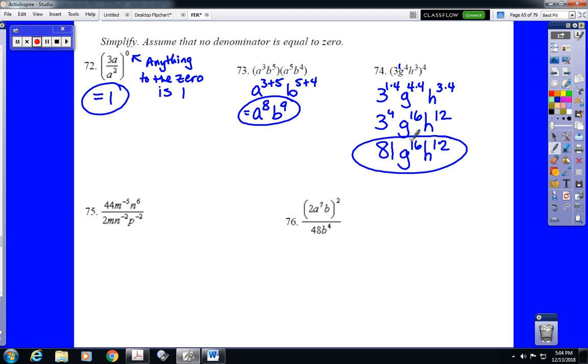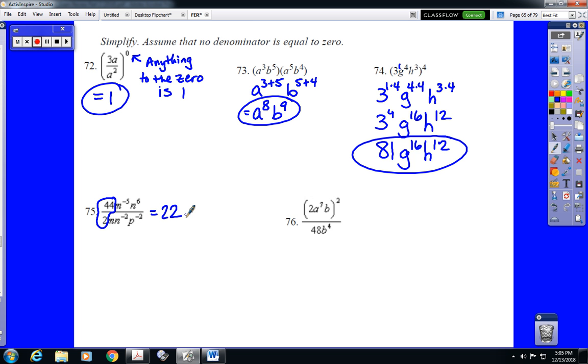On number 75, we're dealing with the quotient rule. Basically, we have to deal with negative exponents because we're not allowed to leave negative exponents. So the first thing we do is the division. What is 42 divided by 2? That would be 22. Now, I'm going to move all of the other variables